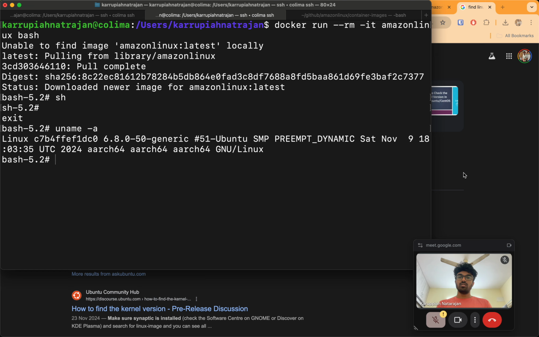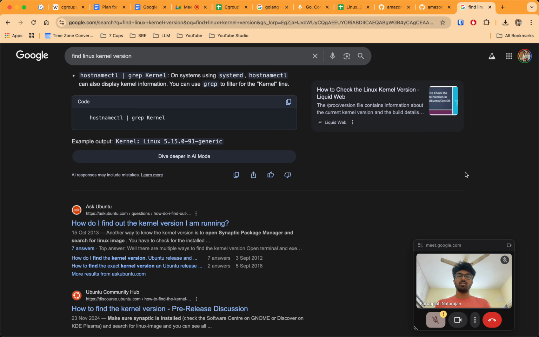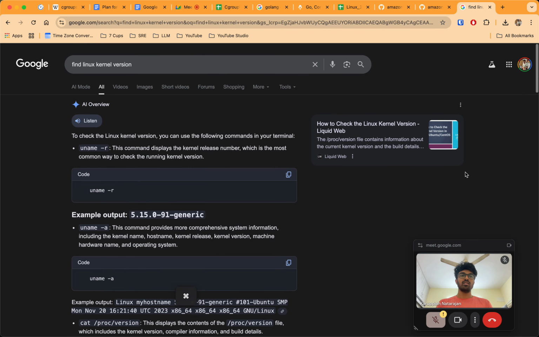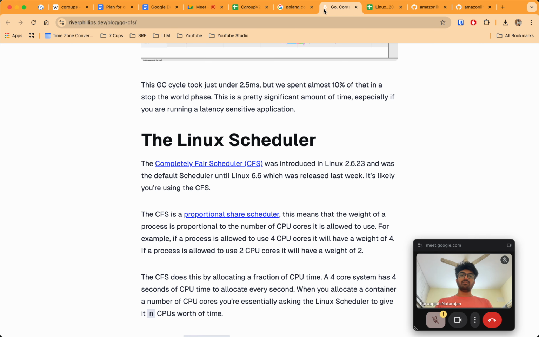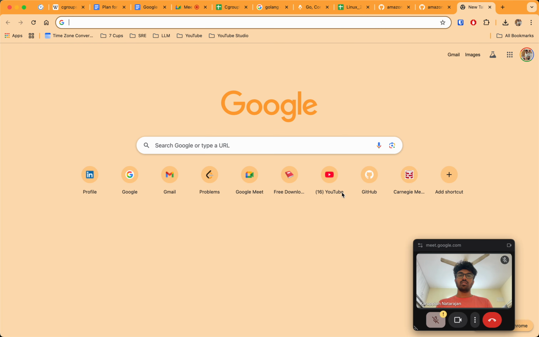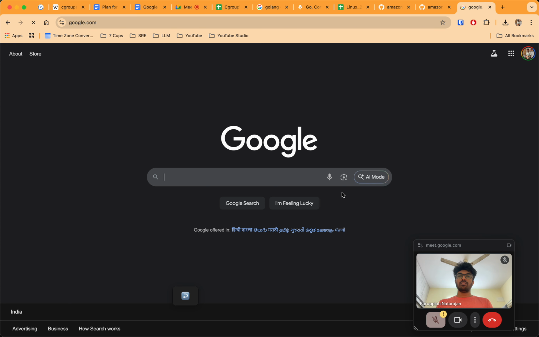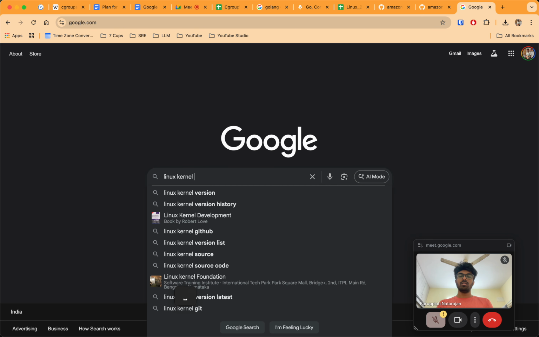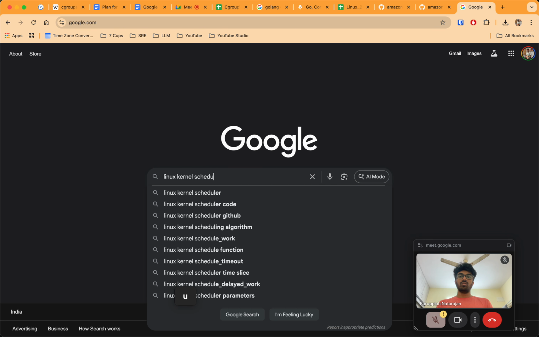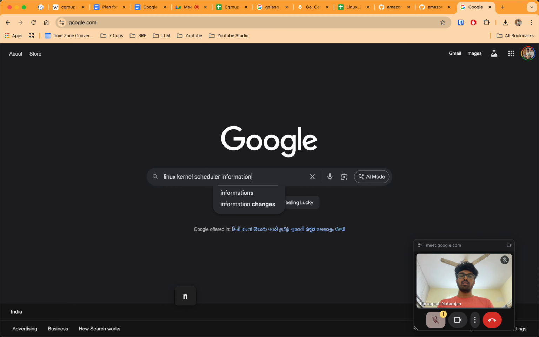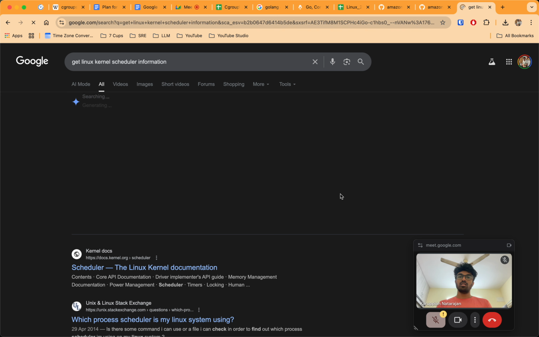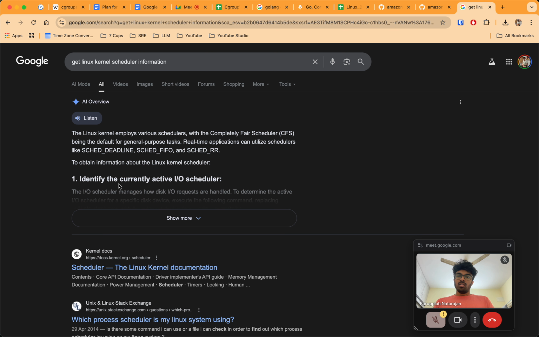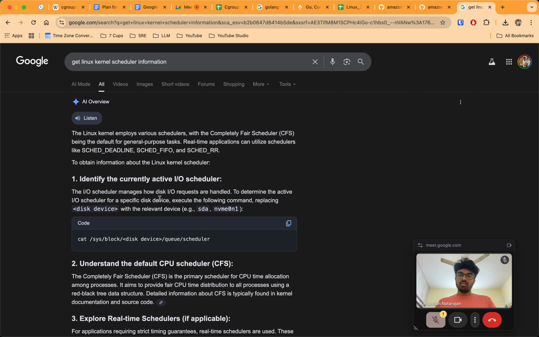Okay, so are we using this only? I need to check it out in our machines. We are using AMD64 machines, I think. So this was the default, and in this, what is the scheduler? Linux kernel scheduler information. Identify the currently active IO scheduler.